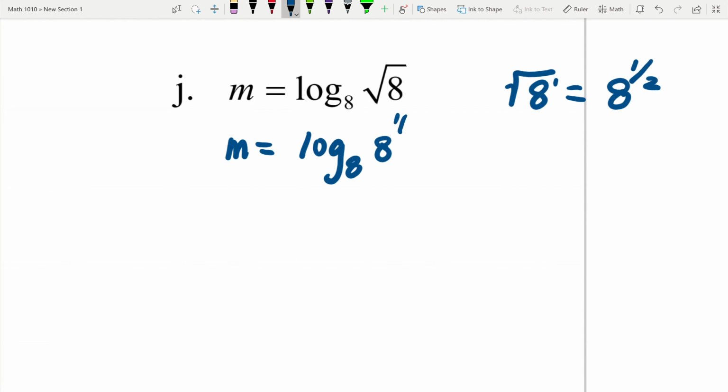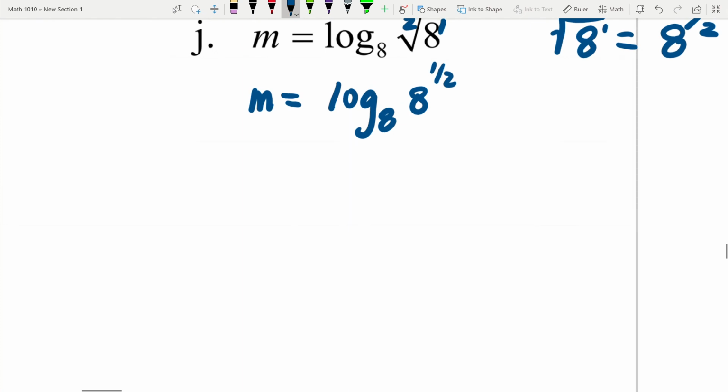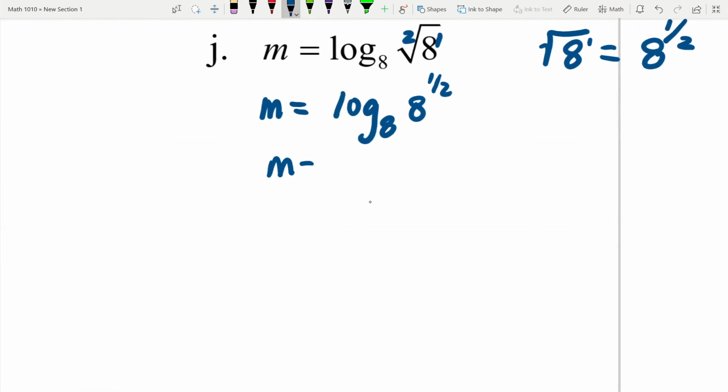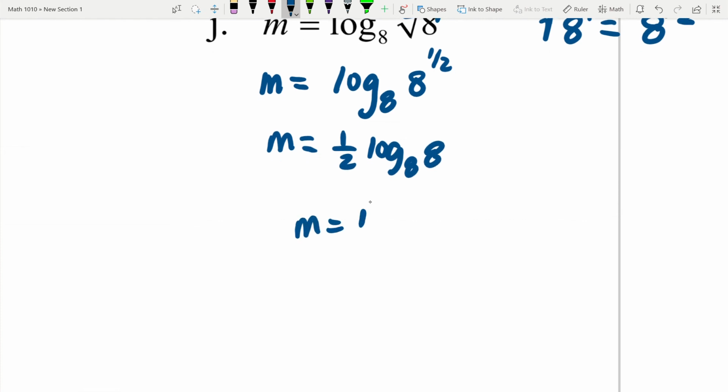Yeah, so this is 8 to the 1/2. It's because it's a square root, and inside there's a 1. So it's 8 to the 1 over 2. Who says I know what you're talking about? Okay, good. Now pull the 1/2 down. So you have m equals 1/2 times log base 8 of 8. Log base 8 of 8 is a 1. 1 times 1/2 is a 1/2. Done. That's it. We're good? Okay. Now